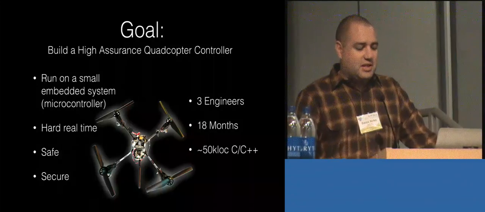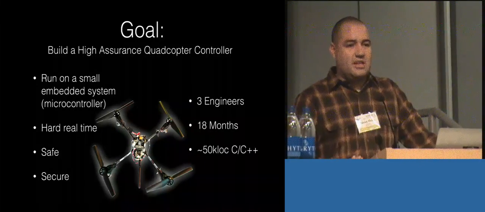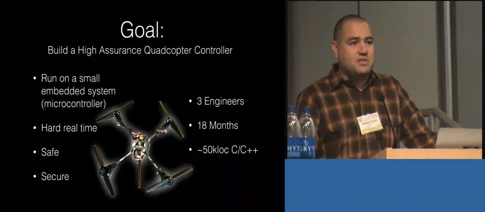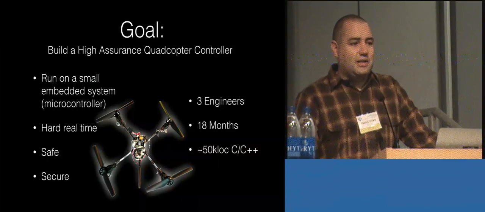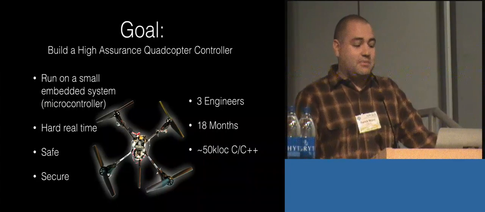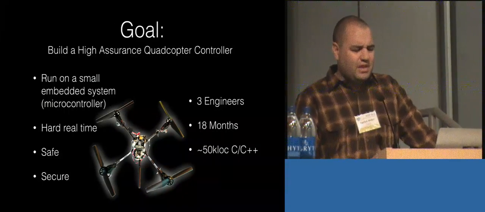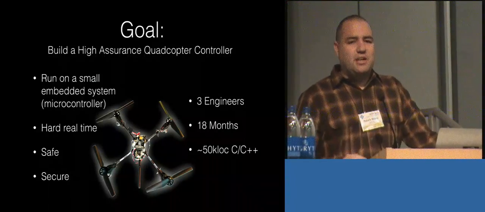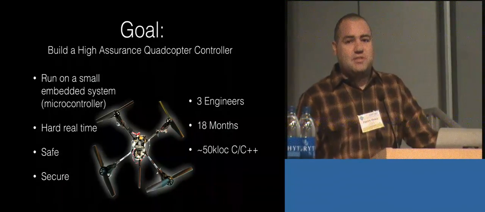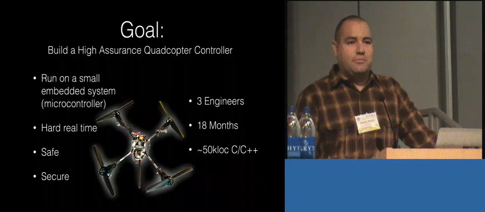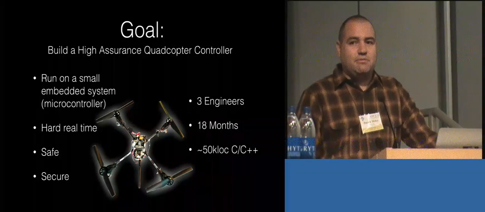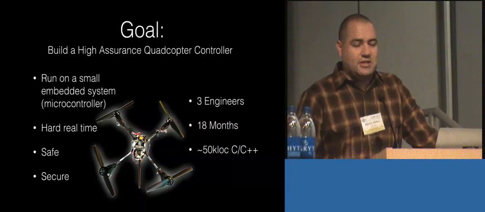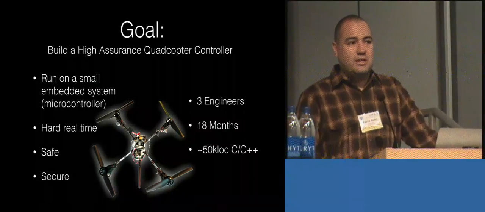Our other constraints were that we only had about 3 engineers and 18 months to do this body of work. And that was to start from scratch on the system, effectively. And I know from other projects, there's a similar open source project that are just written in C, that you're looking at somewhere along the lines of 50,000 lines of code. So not a small program, not a huge program, but significant, especially for all 50,000 lines of those to effectively not have any bugs.